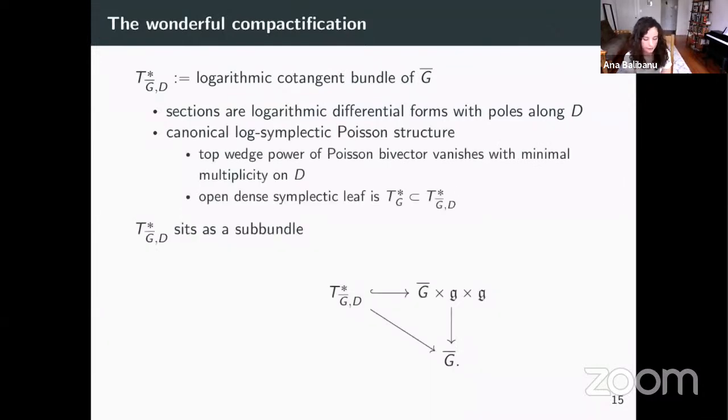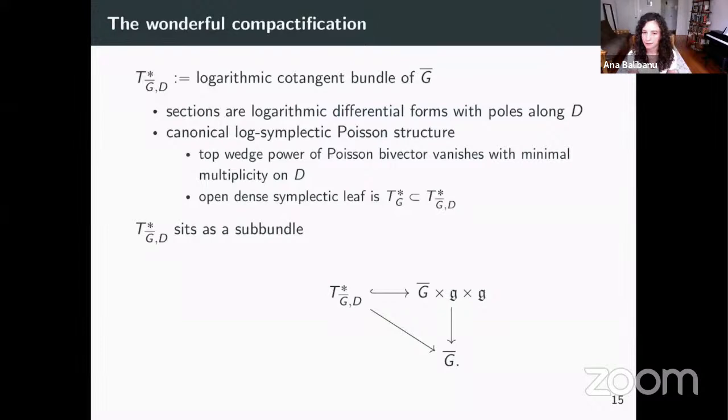And this log cotangent bundle has a canonical log symplectic structure that is totally analogous to the canonical symplectic structure on the usual cotangent bundle. And by log symplectic, I mean that if I take the top wedge power of the Poisson bivector, it's going to vanish with multiplicity 1 along the open part of each divisor component, and then with minimal multiplicity along their intersections. And in particular, I have an open dense symplectic leaf, which is just the usual cotangent bundle of G